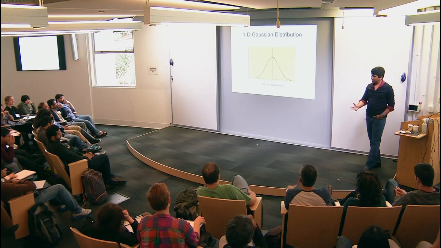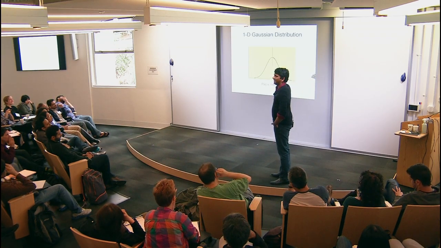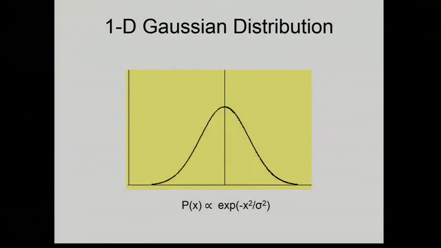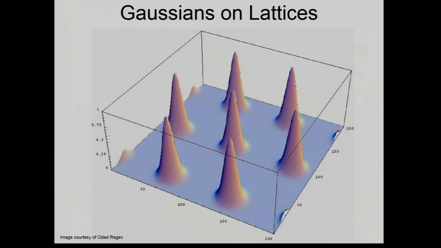Okay, so let's do it. Let's show this worst case to average case reduction. Gaussian, right? Thank you very much. This is a key character in our worst case to average case reduction, and we'll use Gaussians, and the coins that I toss will essentially be to pick Gaussian distributions. So this is a Gaussian, so is this, and so is it in n dimensions. I can define n-dimensional Gaussian distributions, and I can also define other things. By the way, this is thanks to Oded, who knows how to code apparently.